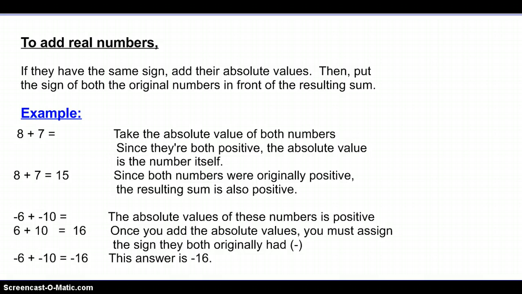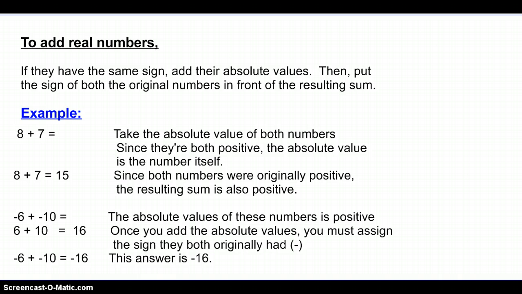So negative 5's absolute value would be positive 5, and positive 5's absolute value would be positive 5. It's just pure distance. So there is no negative in absolute values. Absolute values are always positive. The example here is 8 plus 7. Now we all know it's 15 by looking at it, but if you analyze it this way, take the absolute